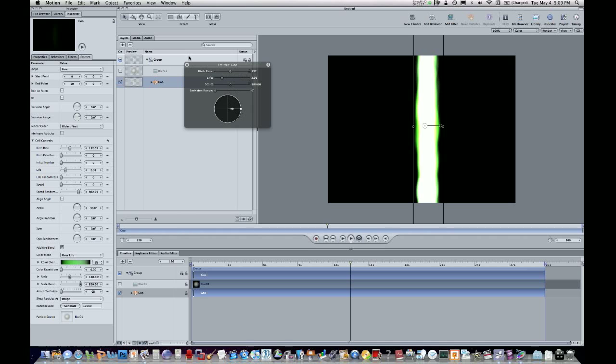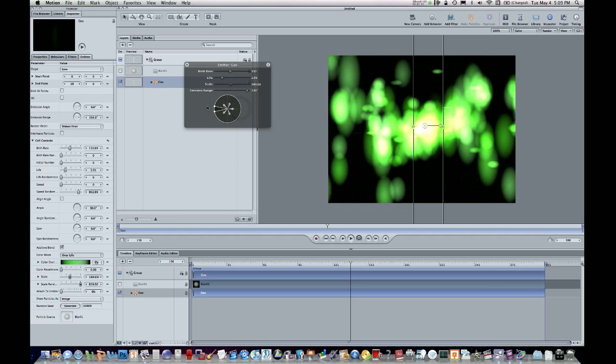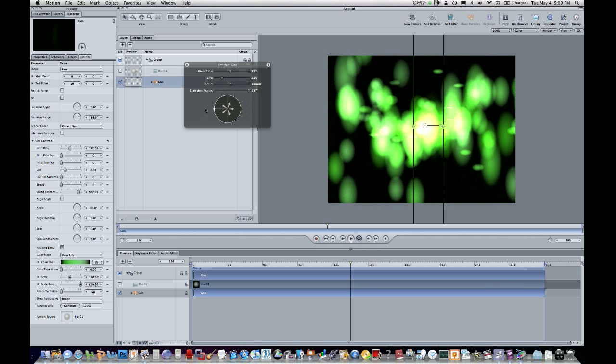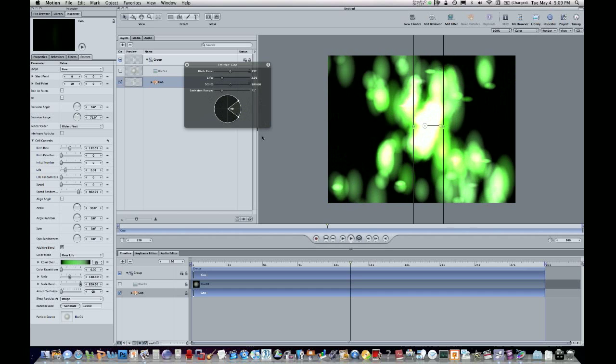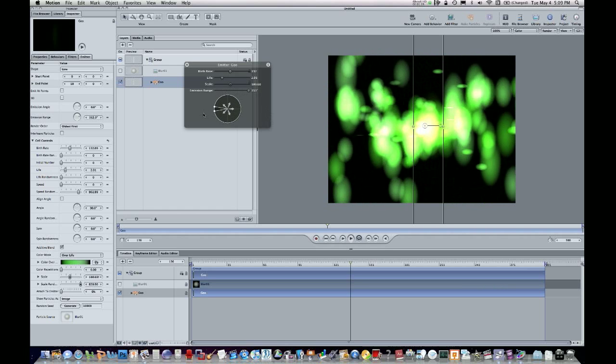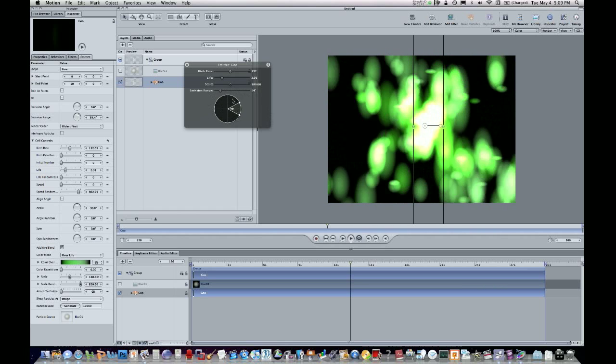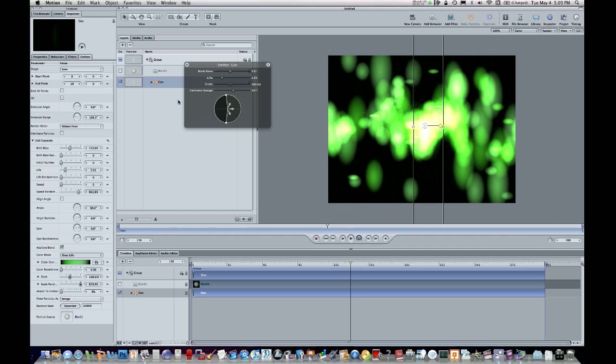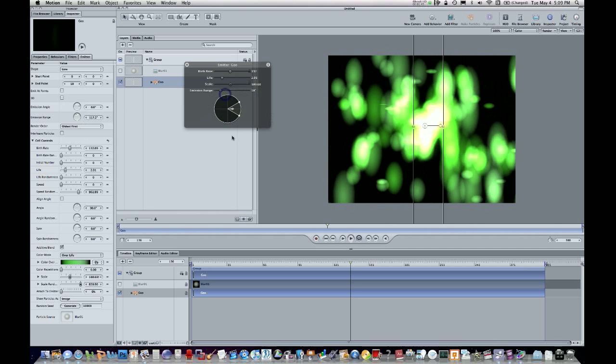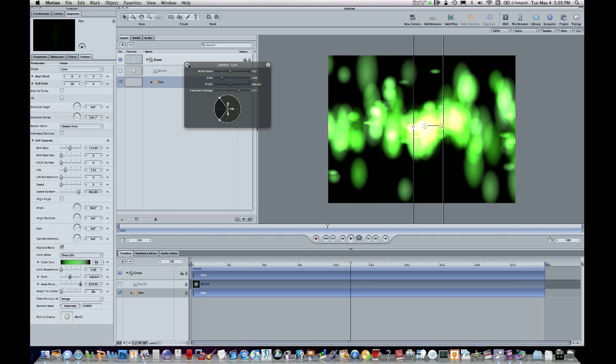Sometimes the HUD is the best thing to do, especially when you're changing the emission range, because it gives you this nice little visual, and you can see that it's changing over here as well because they're the same thing. But sometimes the HUD's easier for quick effects, but sometimes you want to go into Inspector